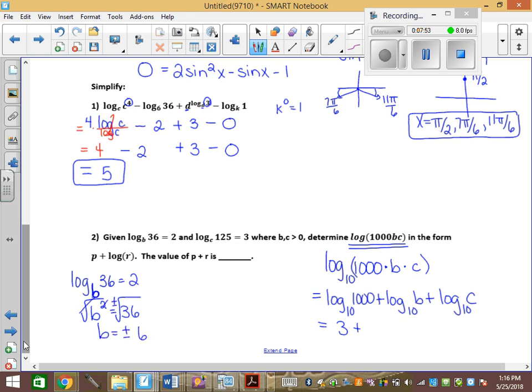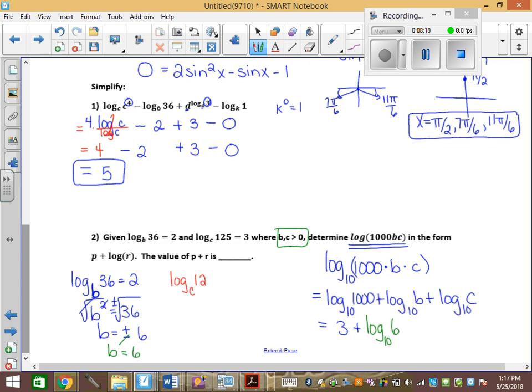The catch is, though, that b is in the base, and we can't have a negative base. So the negative is not an answer. Also, in the question, it said b and c are greater than 0. So I know b equals 6. So I can go log base 10 of 6. Then I have log base c